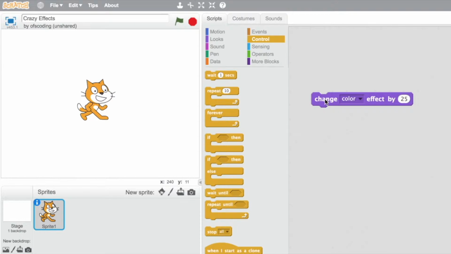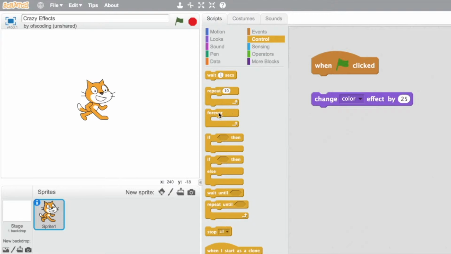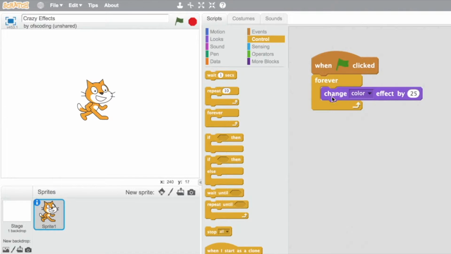I'm going to use a similar block sequence to the dance party project. In the Events section, when the green flag is clicked, and under Control, Forever. When I click on the green flag,